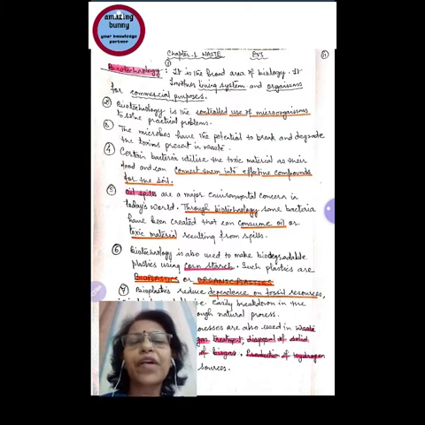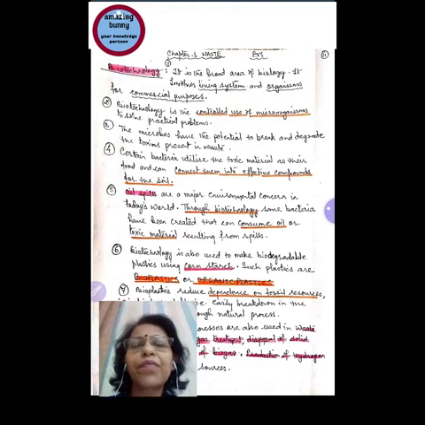What do we mean by controlled use of microorganisms? It means what type of strains we are going to use, for what duration, how many times, and what would be the amount of microorganisms during the process. Biotechnology is a very important process. Nowadays, it is being used in manufacturing different types of drugs or medicines.